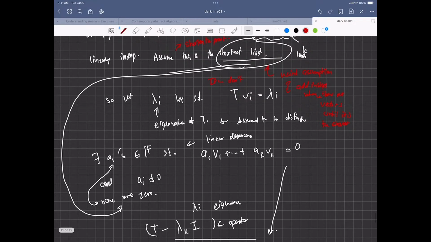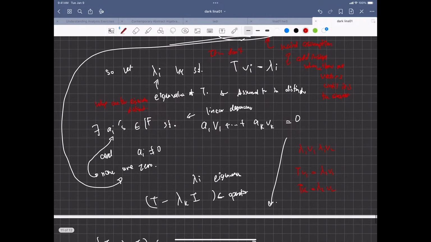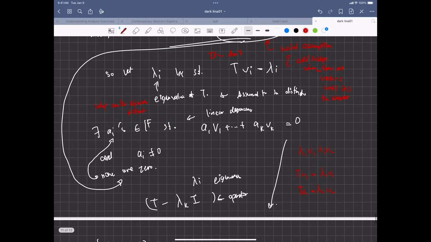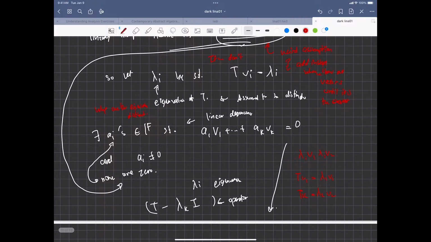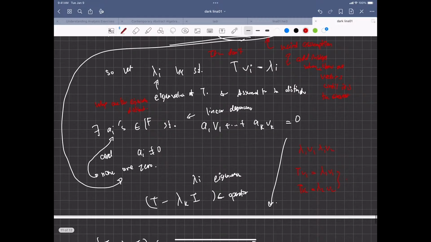Why are these eigenvalues distinct? It turns out that if these eigenvalues are not distinct, let's say we had v1 and v2 but with the same lambda, so we're saying that T of v1 equals lambda 1 of v1, and T of v2 is lambda 2 of v2, then that's not good. Because what it turns out here is that, if these weren't in fact distinct, then these are going to be, unfortunately,